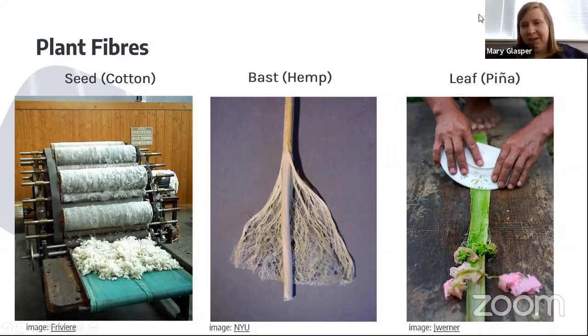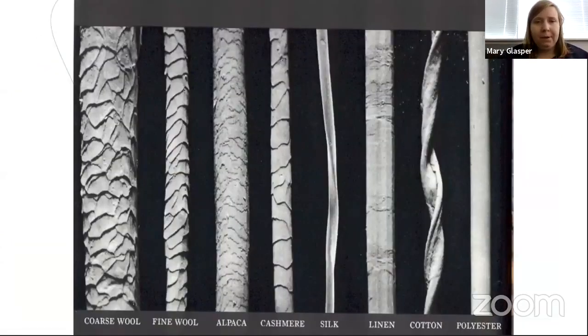And then here's just an image of an example of how leaf fibers can be extracted, scraping and pulling the fibers out. So yeah, here's that image I was talking about. So this kind of sums up some of the natural fiber inputs, so you can just kind of get a